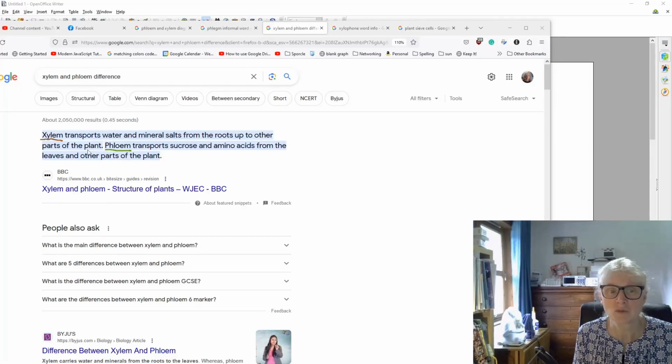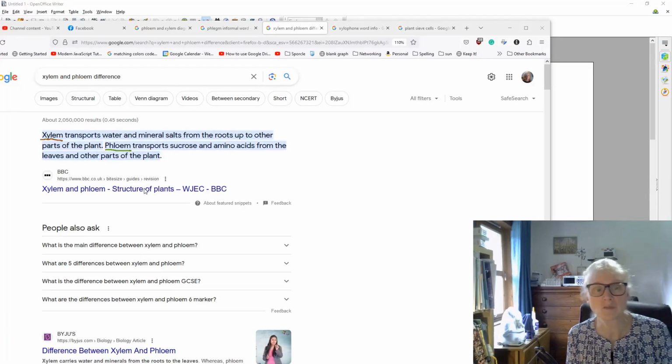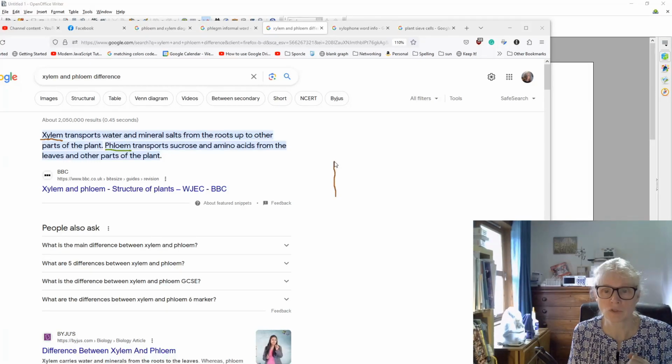The xylem and the phloem are both tubes inside plants that take water and nutrients around the plant. The xylem is a tube that takes water and minerals up from the roots, and it's a tube made out of dead cells. And the phloem, that takes